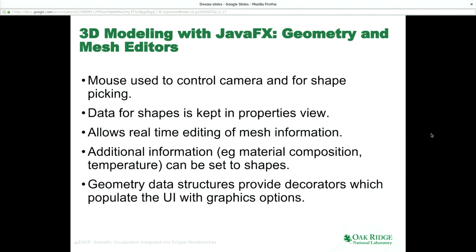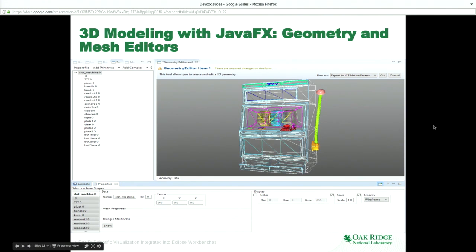So for example, here you can see a slot machine. This is all read in from a single file, so that is why it is automatically created as a composition of each individual shape from within the file. And you can see you can change the center to move them about the space, and you also can see the UI decorators. So in this case, you can have color, scale, and here we have set the entire thing